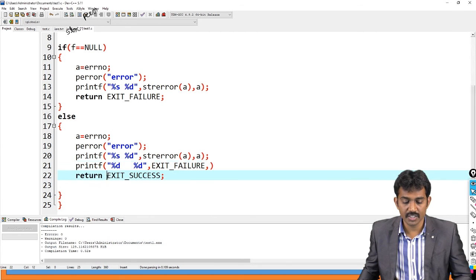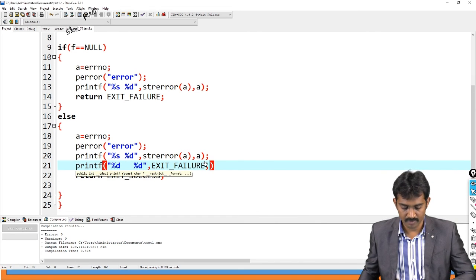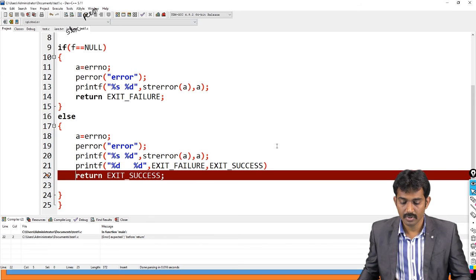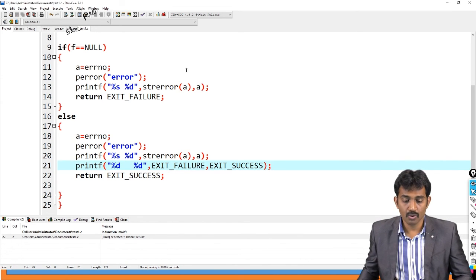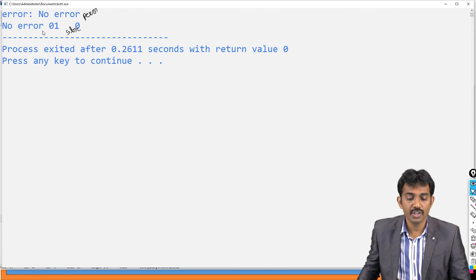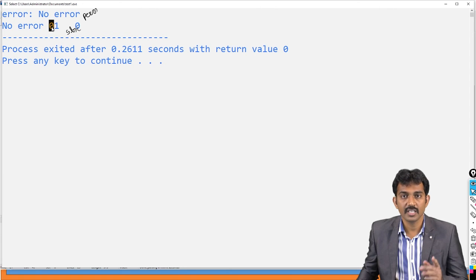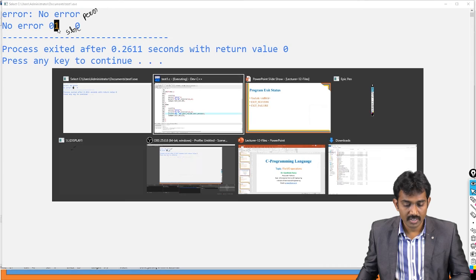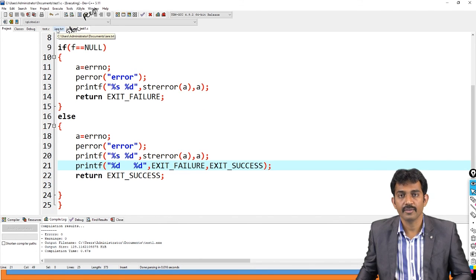Exit success means it is a 0 value. 0 means your program executed successfully. So all these are the error handling methods. See, 0, 1, right? The first, 0, represents success, and the next, 1, represents failure. Is this clear?